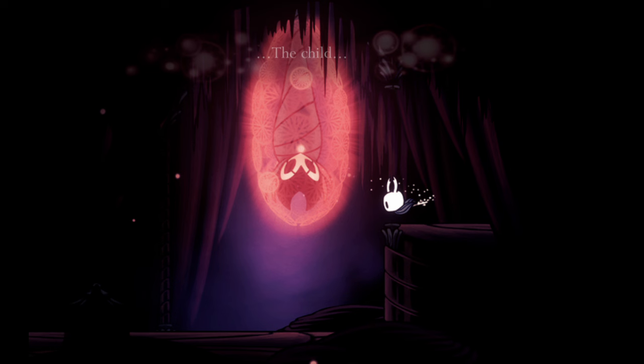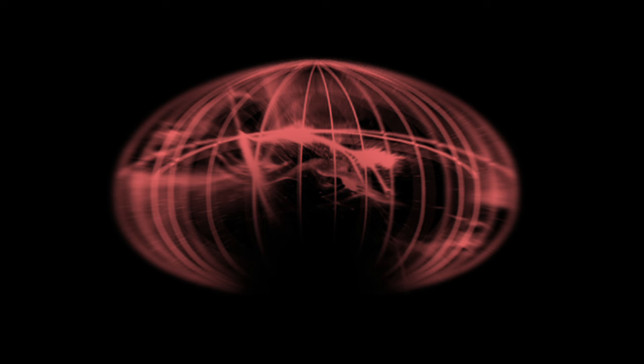Additionally, attempting to dream nail the sleeping Troop Master Grimm without the Grimm Child equipped reveals a seal around his body which appears to be composed of Nightmare Essence. The seals used by the troop stand out because they are red, as opposed to all other seals, which appear white. The interior of the black egg has many visible seals along the walls and floor, as well as on